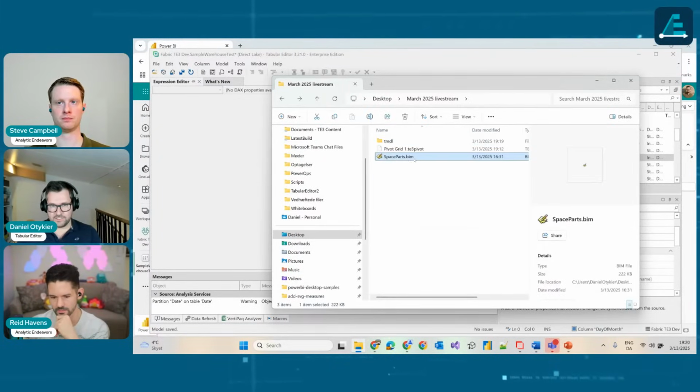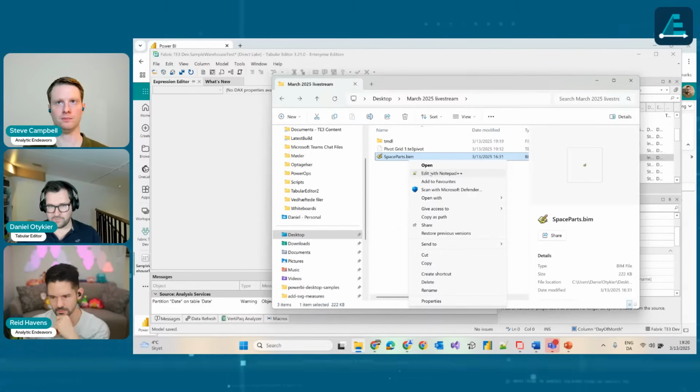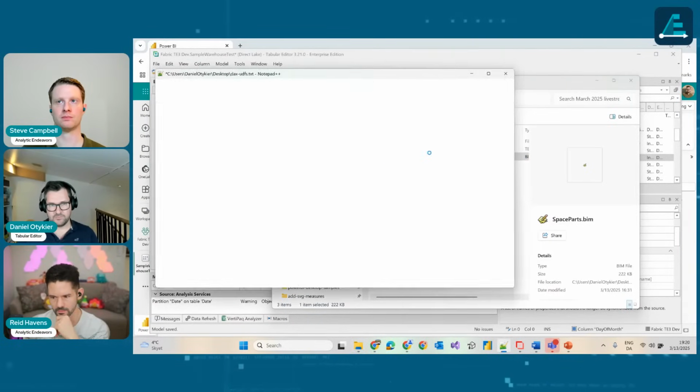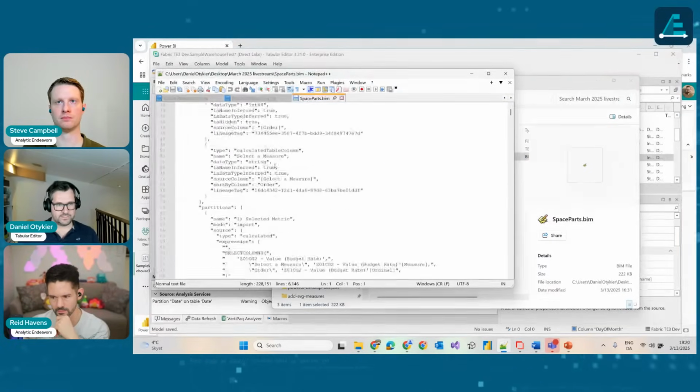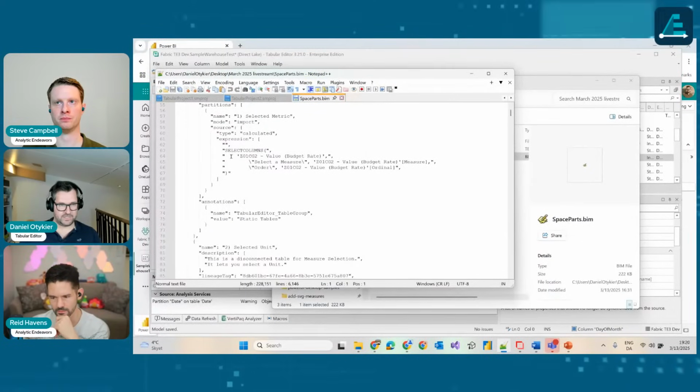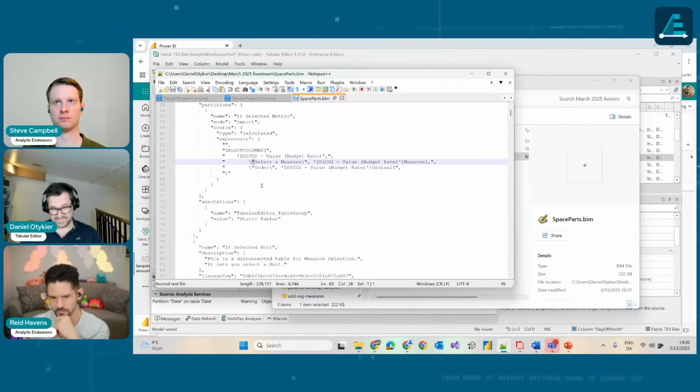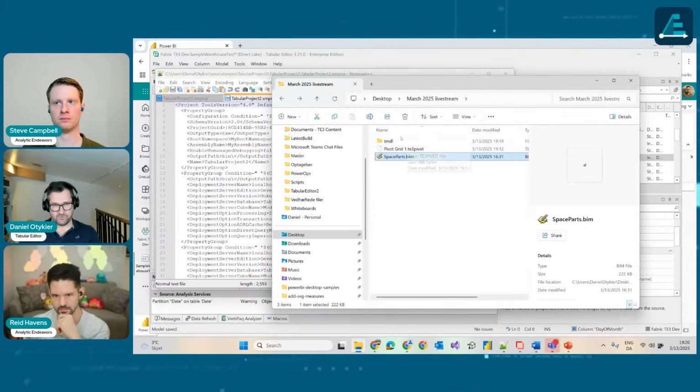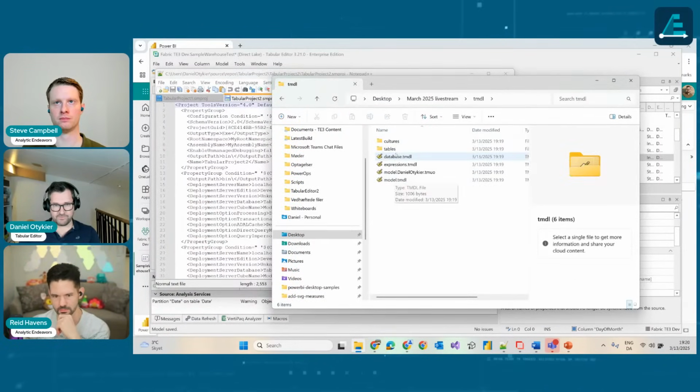So yeah, here's the model with the old format, which is this JSON-based BIM file, where you can see this is JSON and there's a ton of stuff in there, and especially with things like DAX expressions, this is pretty cumbersome to work with, because whenever you have a quote inside the actual DAX expression, then you need to escape it with a backslash in front and all of that. Whereas with the new Tyndall format that we have here,